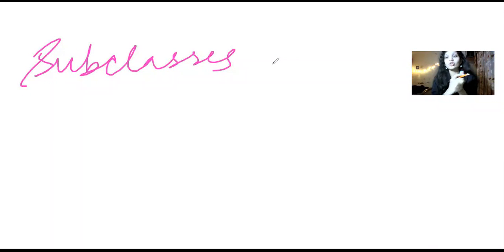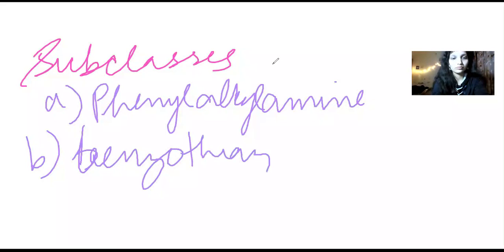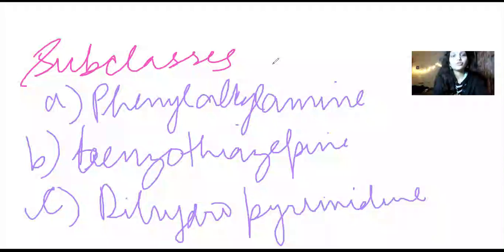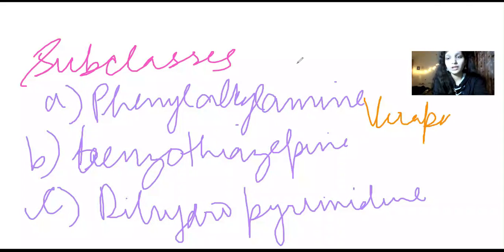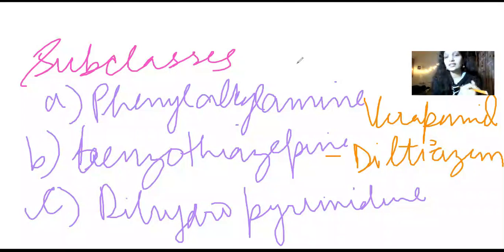So if we talk about subclasses, there are three subclasses of calcium channel blockers. The three subclasses are phenylalkylamine, benzothiazepine and dihydropyridine. Now, if we talk about the drugs, in phenylalkylamine we have verapamil, and in benzothiazepine we have diltiazem. And now if we talk about dihydropyridine,